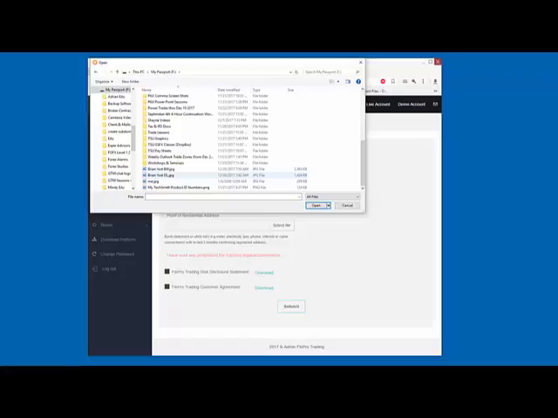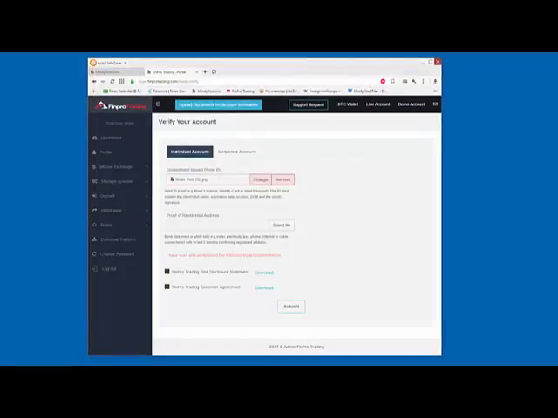Okay, so I have a JPEG file of Brian's driver's license. So I'm just going to tell it to open. And now, what happens is once you put that in, it's going to turn red. The reason for that is because it won't turn green until FinPro has had a chance to take a look at it and make sure that everything is what they need. And then once they approve the document, this box will change from this red color to a green